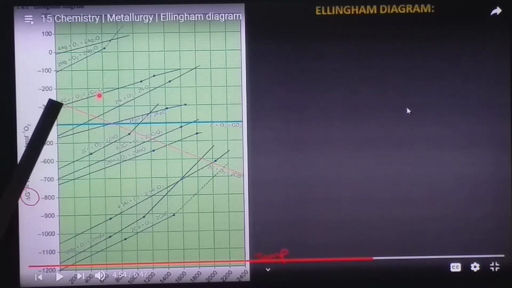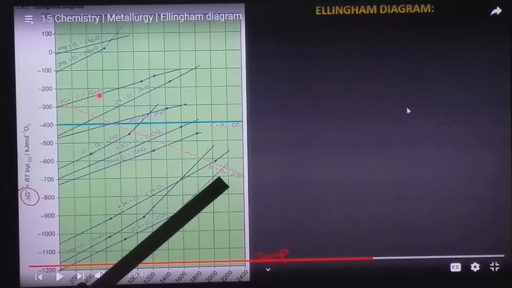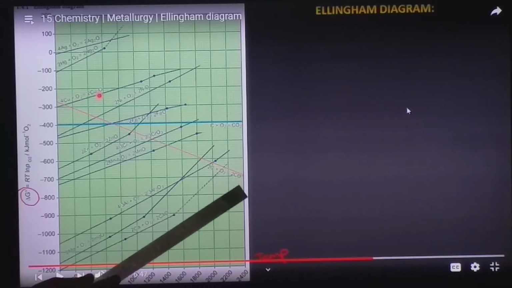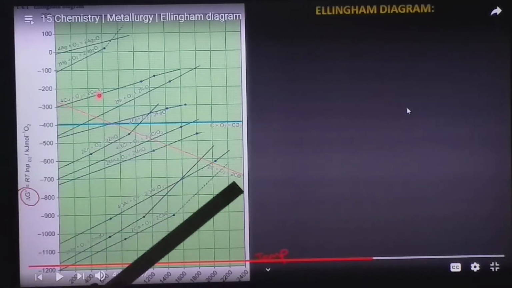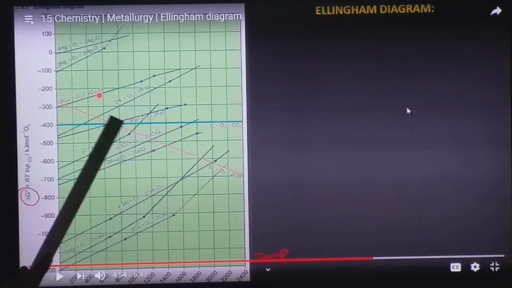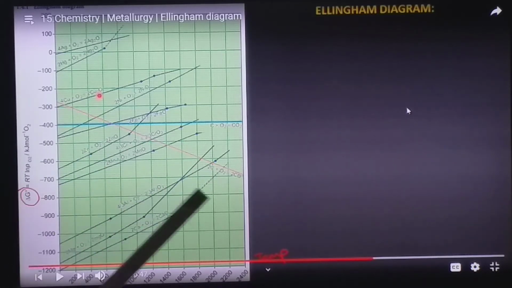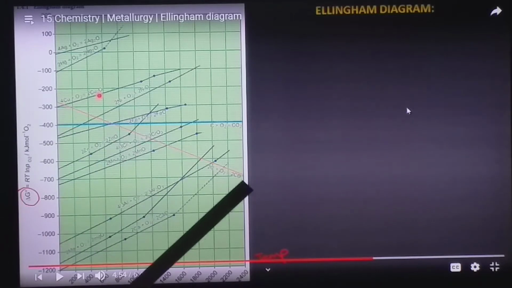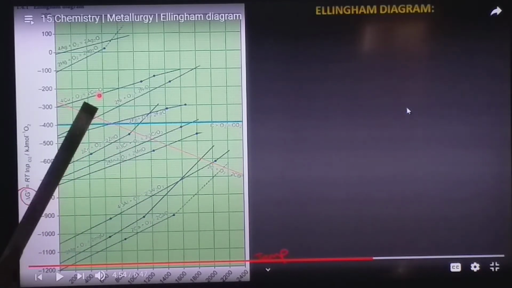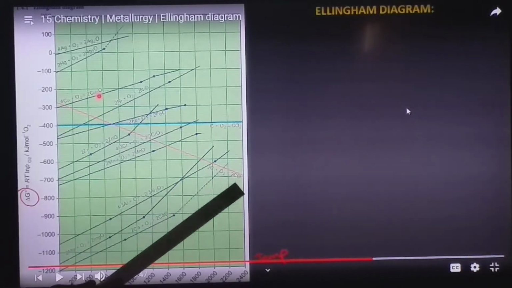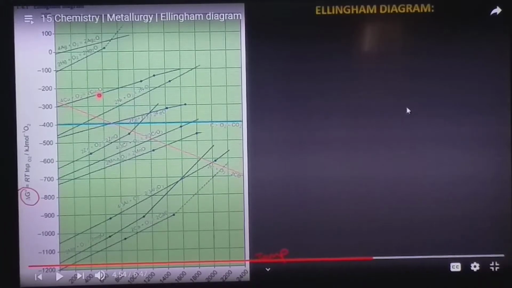But see here, only one case alone, that is carbon plus oxygen gives carbon monoxide. Here 1 mole of oxygen combines with 2 carbon to form 2 moles of carbon monoxide. Here alone the pink line is moving down towards the x-axis. Here the value of del G moves from minus 300 to minus 700. So the negative value increases. So del G value will be stable, and it should be a negative value, and the formation of carbon monoxide will be very stable.